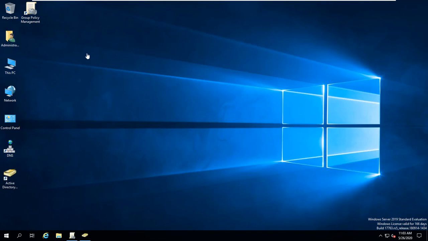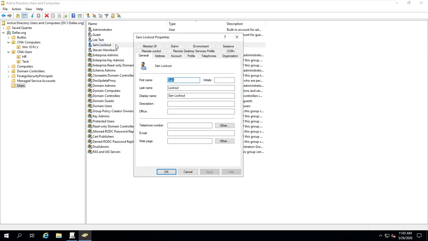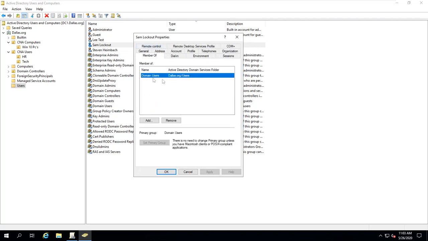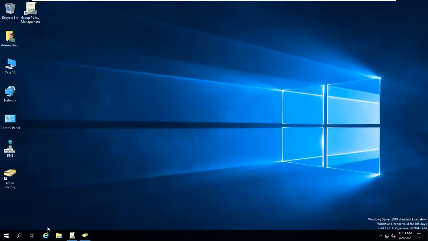It's a domain controller. And I'm going to pull up Active Directory Users and Computers, and you can see I have an account here named Sam Lockout. If I double click on him, you can see he is just a member of the domain users group. That's all he has. Now one thing I want to do is I'll minimize the domain users group, and I'm going to come back